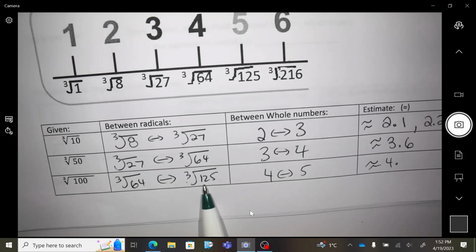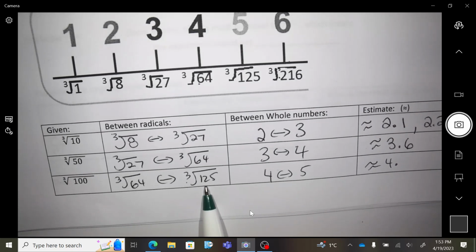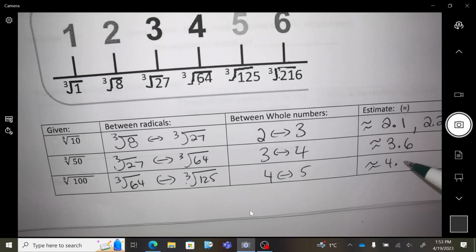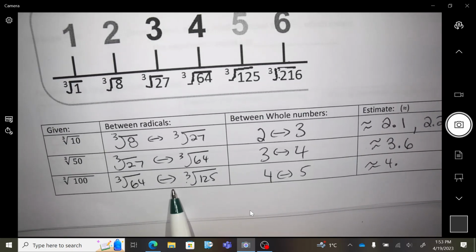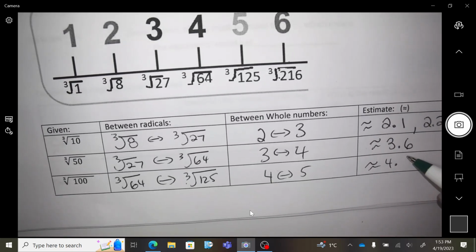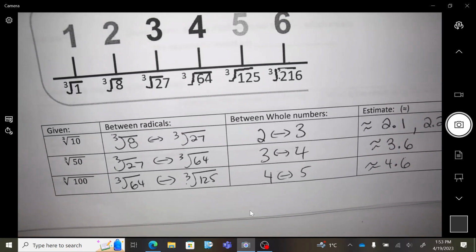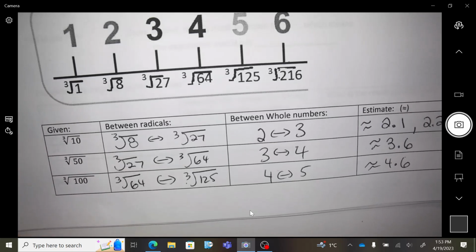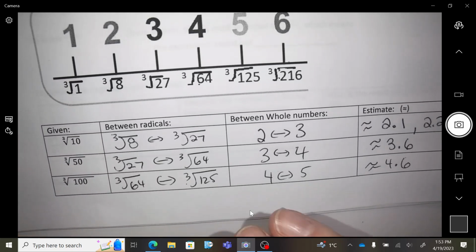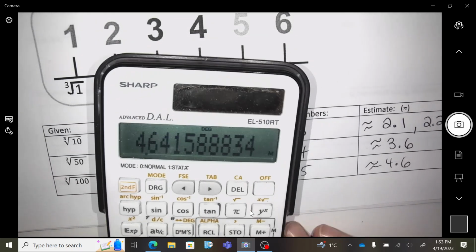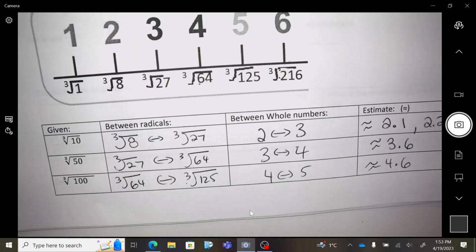I think closer to the higher end. 4.6. I think I'm going to go a little bit over halfway. I'm going to go with 4.6. Okay, I'm going to go 5.2. The cube root of 100 is 4.64. Okay, but again,